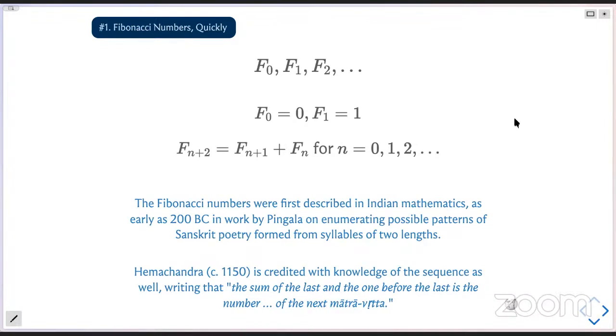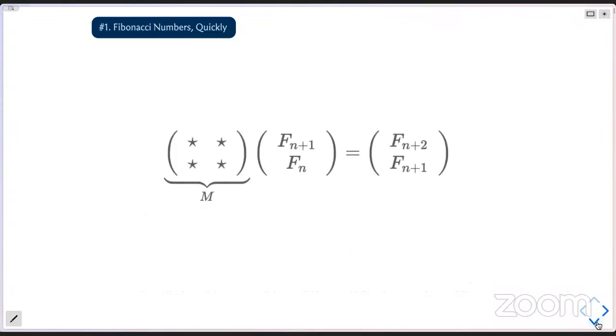Just a quick historical note to say that although the Fibonacci sequence is clearly named after Fibonacci, they were probably known to humankind from way before in various ancient math traditions, and in particular including Indian math traditions. So Hemachandra and Pingala are both attributed as having discovered these patterns by way of their work in poetry and in music. So that's just a quick historical aside. The Wikipedia page on the sequence is fairly rich in more information in case the historical or other aspects interest you. Would recommend clicking on this link from the slides to find out more.